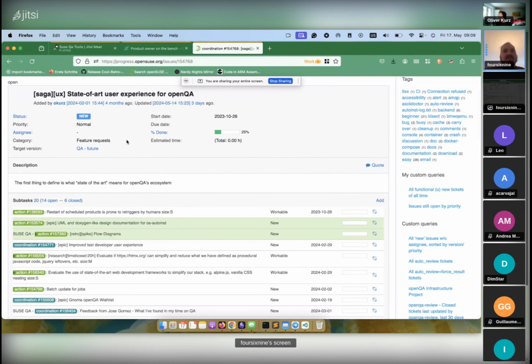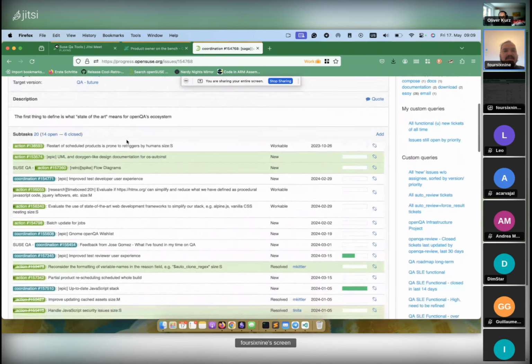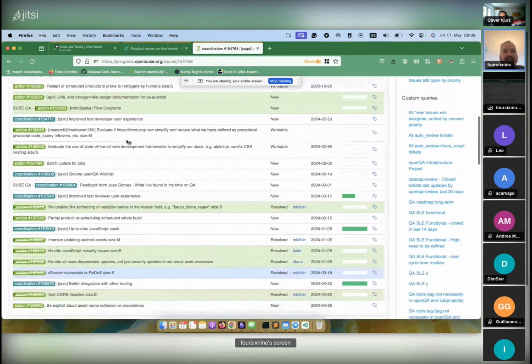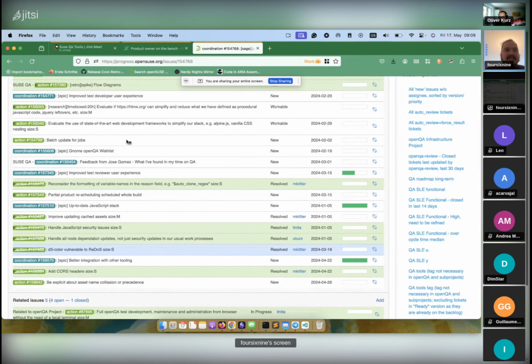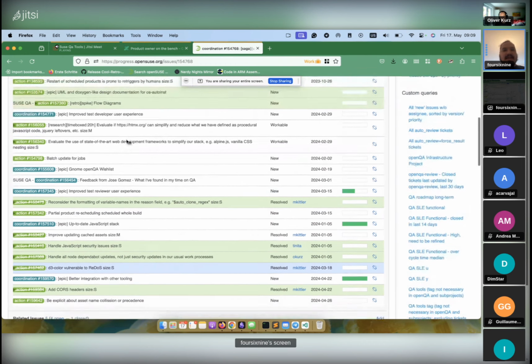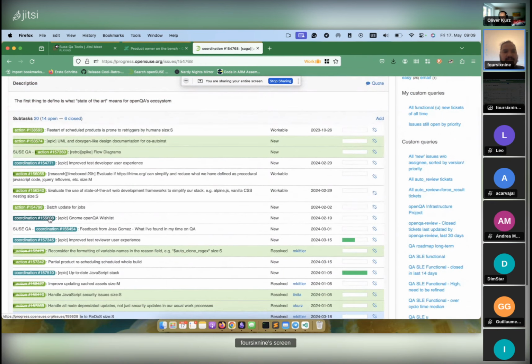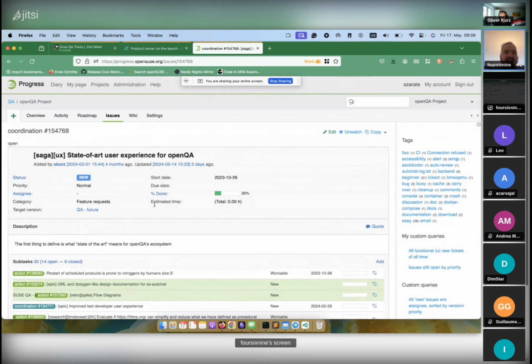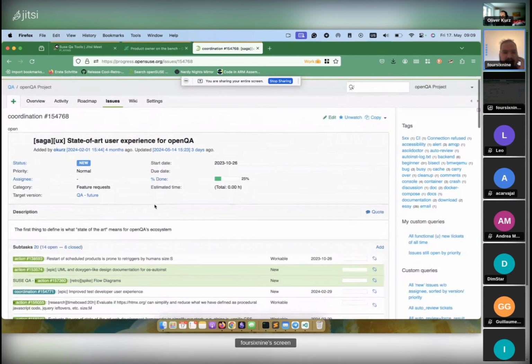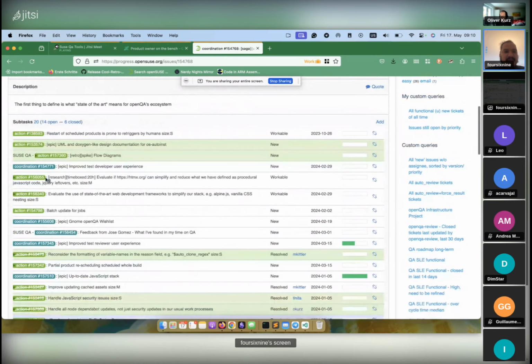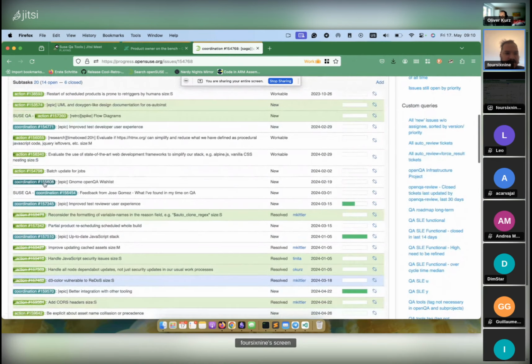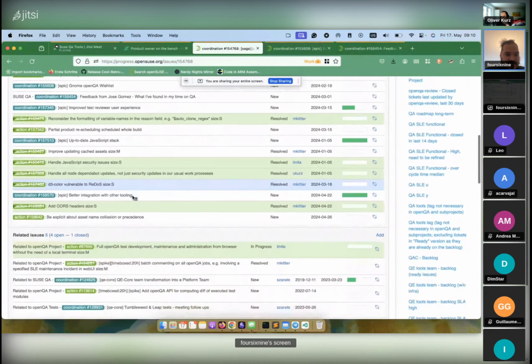But in general, what we want to do is bring openQA to, let's say, not necessarily the next level, but knock it up a notch and make sure that we have things that define and explain the architecture, how to collaborate, and even take care of user feedback. So right now we are working under this big saga, state of the art openQA experience, and we have 3 parts here. We have the GNOME wish list, we have the feedback that was given by Jose, and at some point